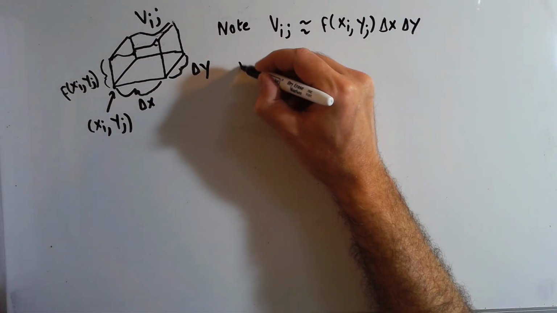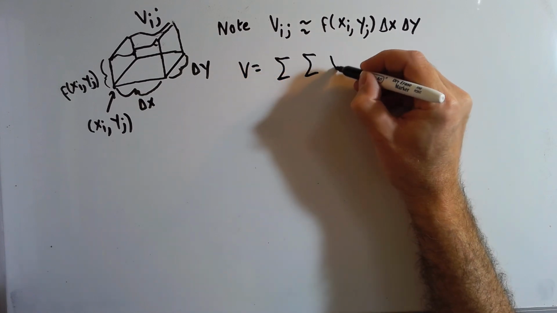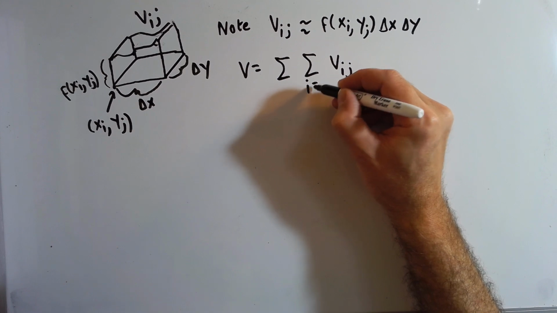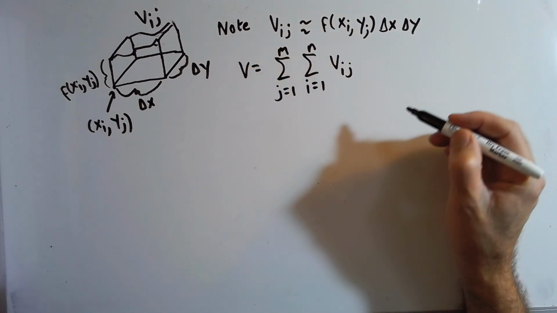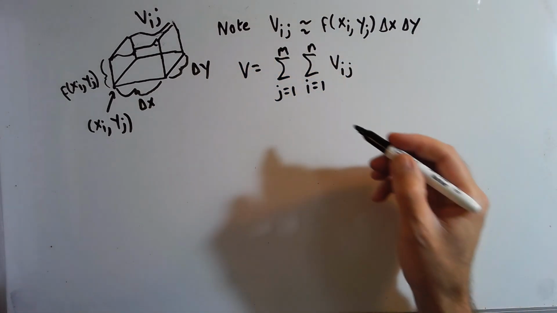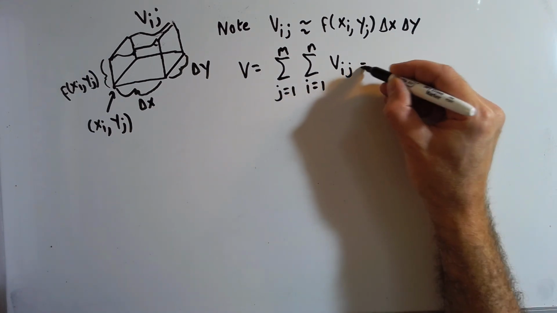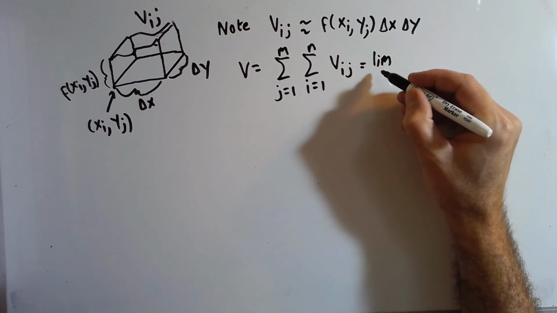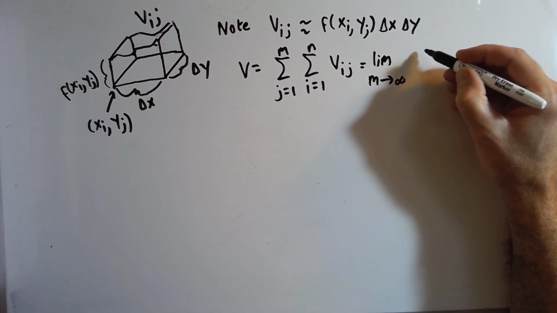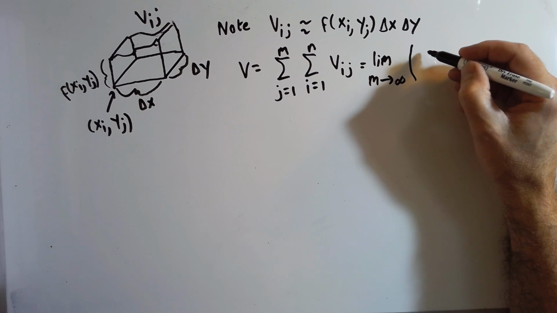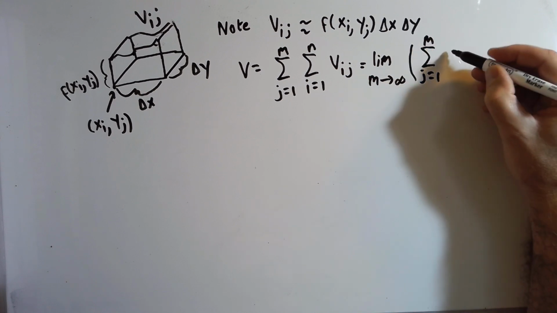Okay. So as we mentioned, the volume V is then the double sum of the Vij's. First one i going from 1 to n. Second one j going from 1 to m. And this is true for any m and n. So in particular, you could let them go to infinity. So you could say then this will equal then limit m goes to infinity times summation j going from 1 to m, and limit